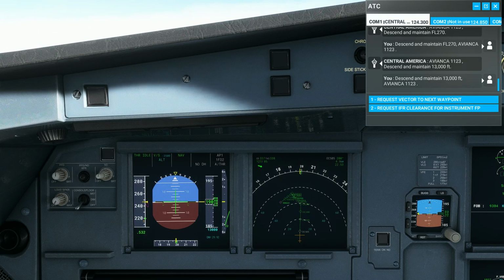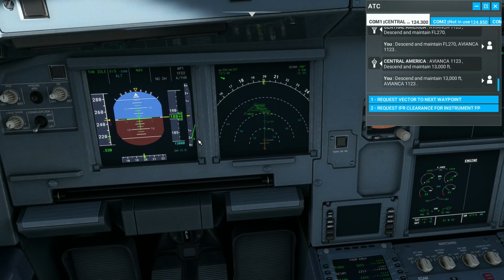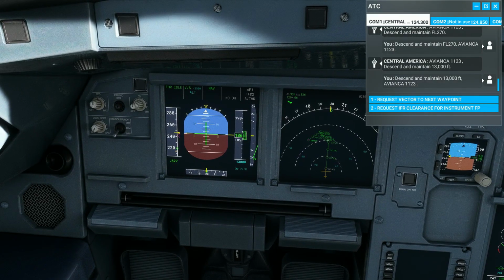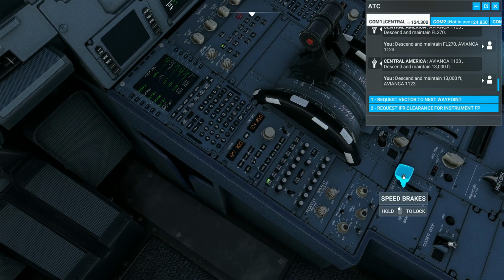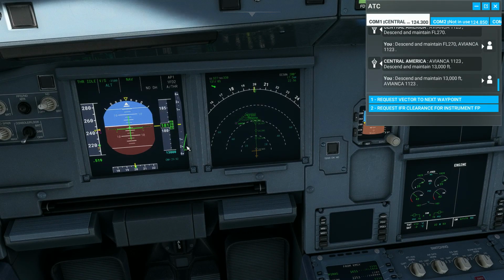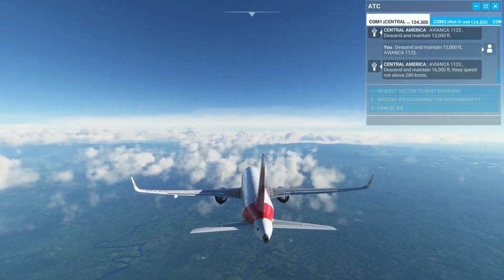And I'm only descending at 2,200, but yet I have it over here 3,500. And I'm thinking it's because it's trying to hold this speed. But I guess that's a good rate to set. Now, if I want to, I can put in some spoilers. Let's put in a little bit of spoilers. And I bet you it's going to go down. Yeah, you see? It'll go down because it doesn't want to go any faster than what it's set at right here. So, as soon as I put in the spoilers,